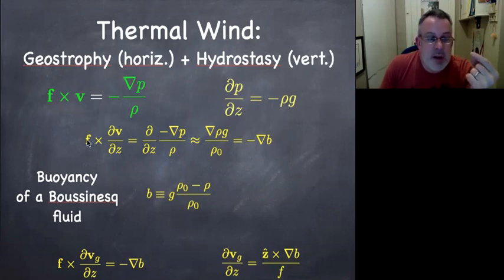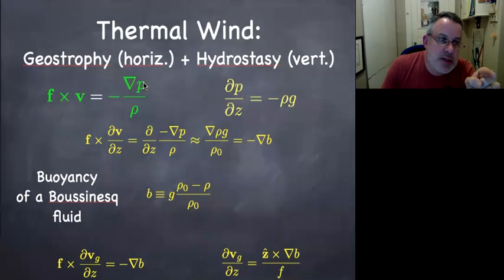So, what can we do? Well, we can actually not take the pressure itself. We can't eliminate the pressure with this equation because this is ddz of the pressure. But what if we take ddz of this whole equation? F doesn't change in the vertical. So ddz of this side is just F cross ddz of V, which equals ddz of the pressure gradient